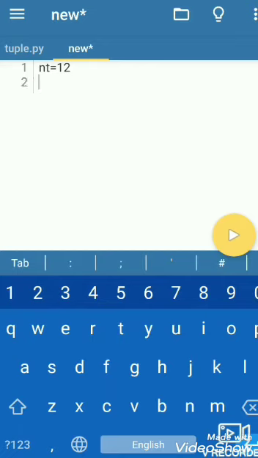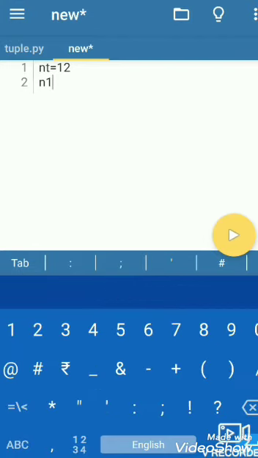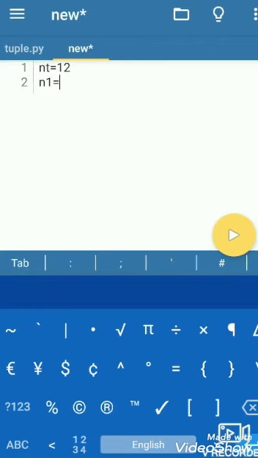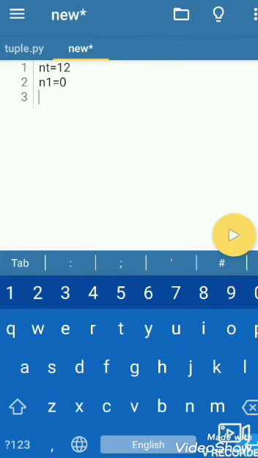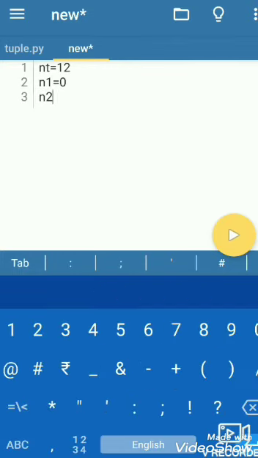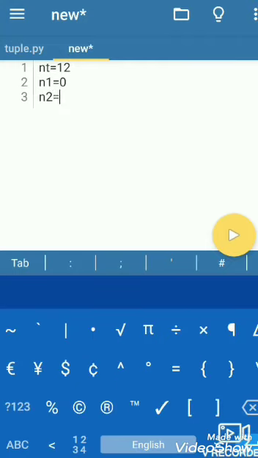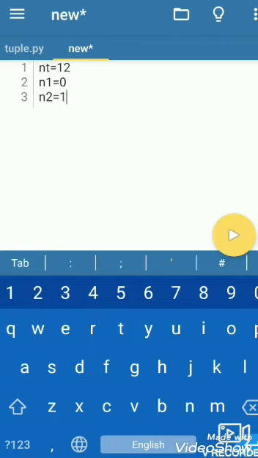Then we take two more variables, n1 and n2. First we take n1 and assign 0 to it. Then we take another variable n2 and assign the value 1 to it.